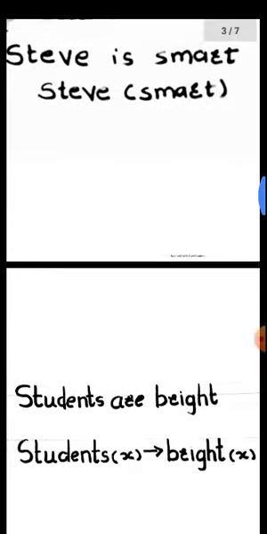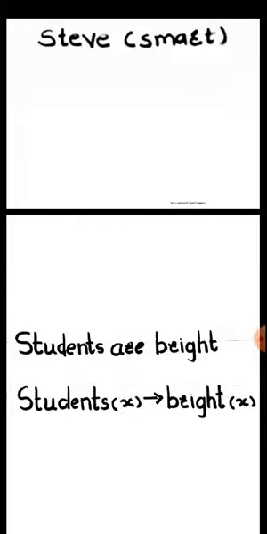This is just a simple example. Another example we'll take is "students are bright." So here student implies bright. This will be written like student in bracket x implies bright of x.